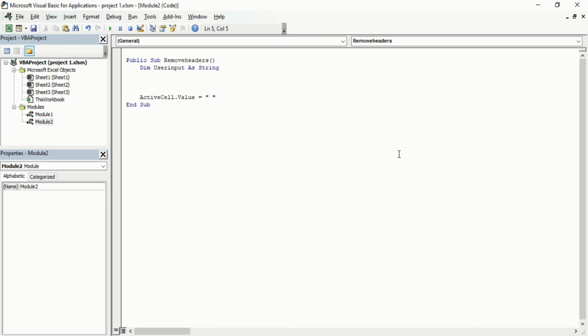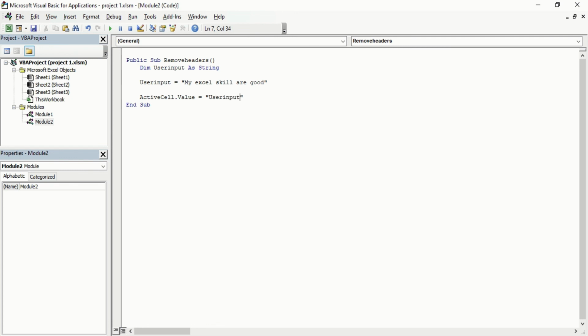Now you have to define your user input. So what is my user input? UserInput is equal to, so you can type something like "my Excel skills are good". Earlier you wrote that text directly within an active cell. Now you do not have to put that thing into this. Like you can write now